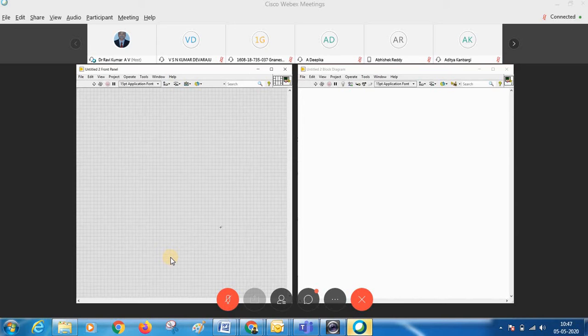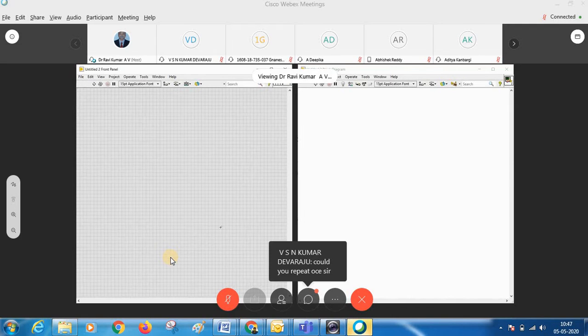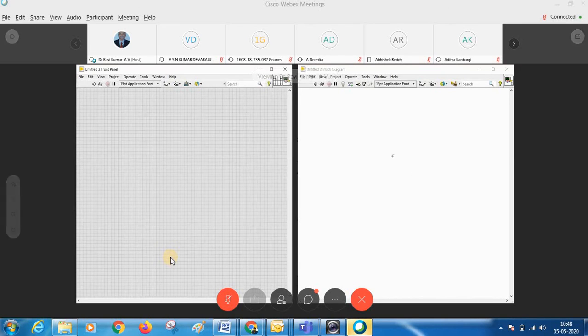Okay, please open the file and New VI. Once we open the new VI, you can see a front panel where we design our front view. With respect to that, we need to implement the algorithm or any functions in the block diagram. Once you open that VI, press Control T, which tiles your pages, so you can see the pages one after the other. Okay. So let me take one simple example.